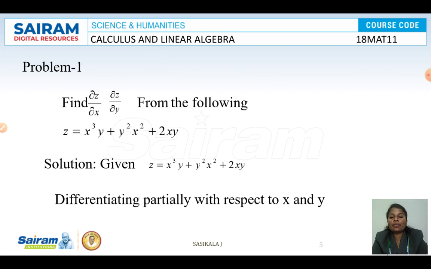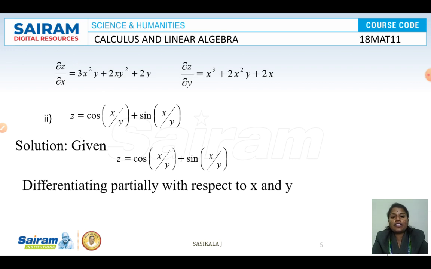Same way you can do with respect to y. What is that? x cube plus 2y x squared plus 2x alone you will get. See, same answers we got. Okay, so now we'll go for some more in-depth problems in PDE, which is z is equal to